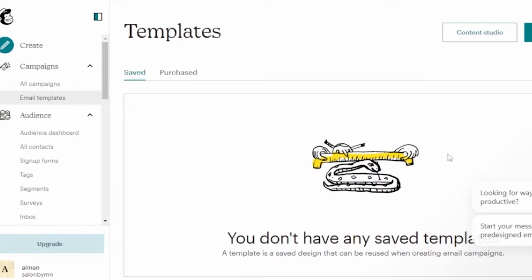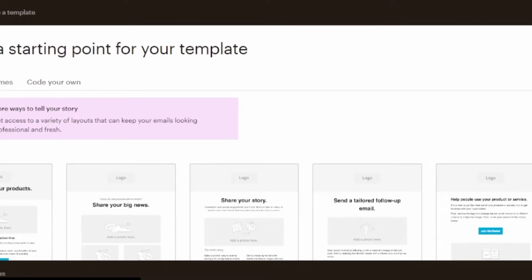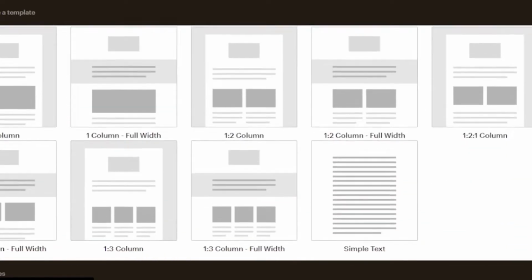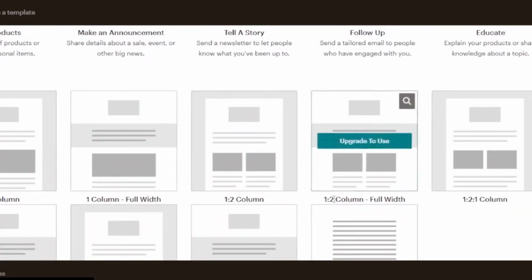Okay, so here you have your email templates. You need to create a template for yourself. I'm just going to click on this option to create a template. So here you can see what you are trying to tell your customers. Are you going to sell products, make an announcement, tell a story, follow up, educate? You can choose these kinds of templates, or you can go on and choose basic templates from these options right